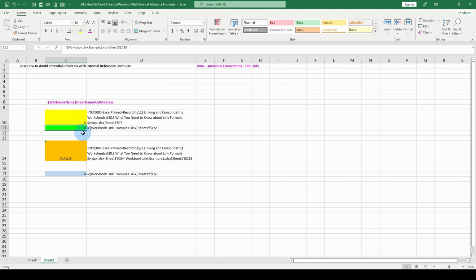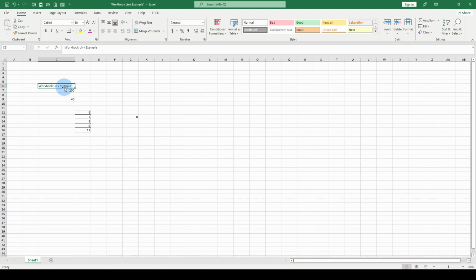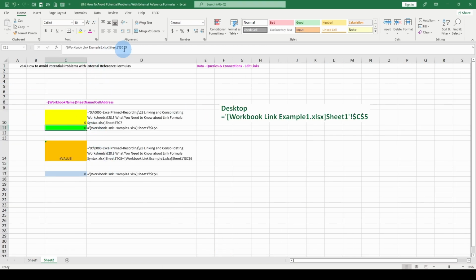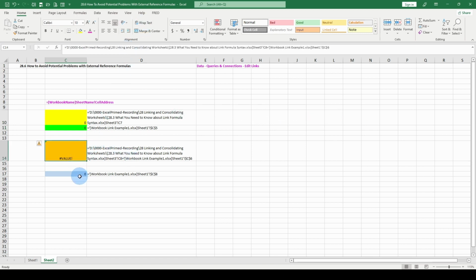It's showing 0. The other showed Windows, this language here. See this workbook link example? That was our reference before. Now it's C6. Go back to 28.6. This is supposed to say, see how it's referencing C5? The other, you can see now we're having all kinds of problems here because we're referencing example 1, but everything's